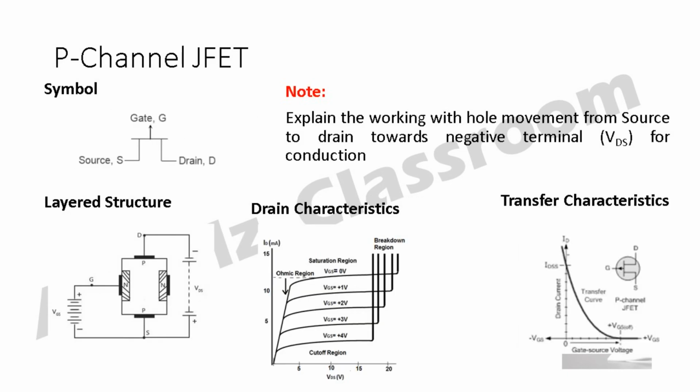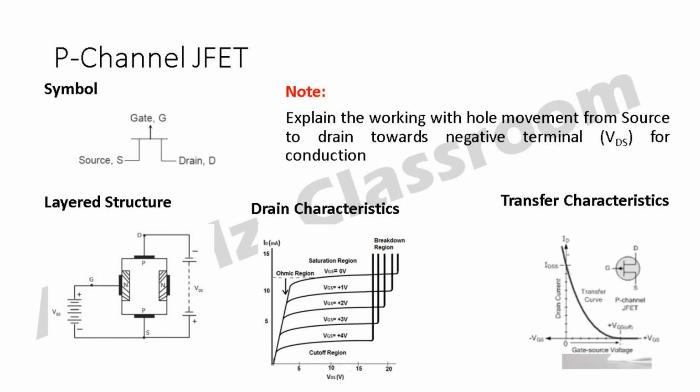So, next one we are going to see is P-channel JFET. For this P-channel JFET, in the symbol, the arrow mark should be pointed outward at the gate terminal, and for the layered structure, you have to take a P-type silicon bar. In that, you have to make the N plus dopings for your gate,